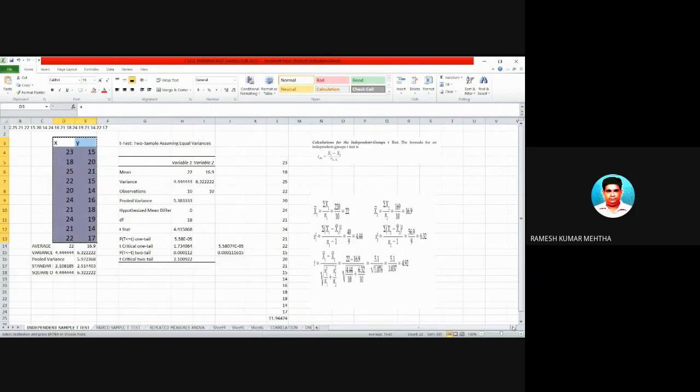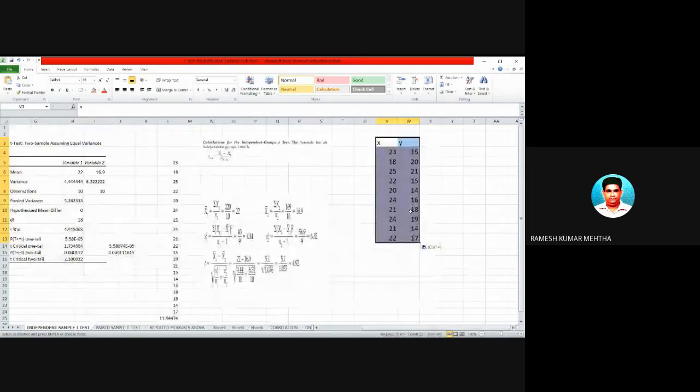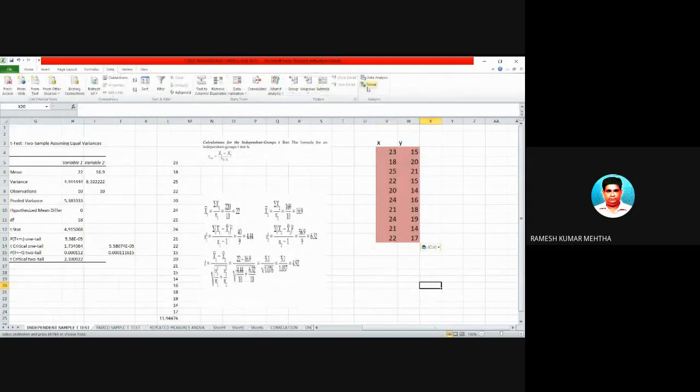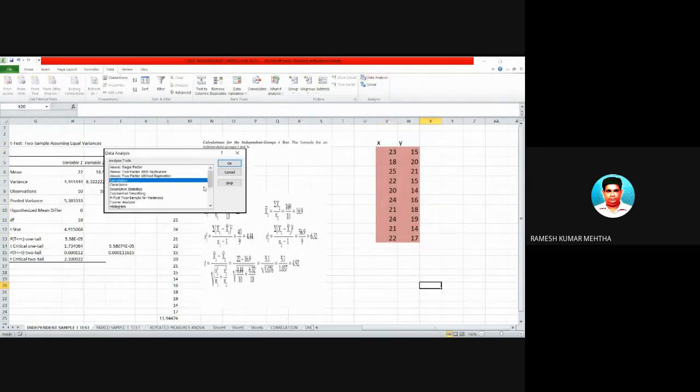So I will copy this data and place it in a different cell so that I can show it to you. Here I've copied and pasted. So I will go to data and I will go to data analysis and I will see whether there is an independent sample t-test command or not. Okay, there is. But with what name? With the name t-test, there are two types here. One is paired sample and one is two sample. One is independent sample. Paired sample I will show you in the next class, but I am now going to talk about independent sample. And in this, if you look here, t-test two sample assuming equal variances.